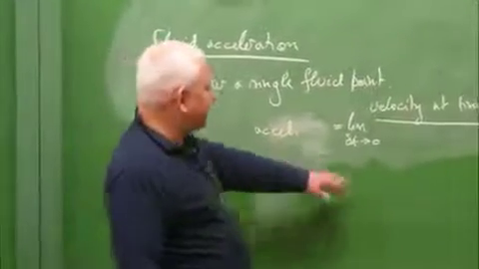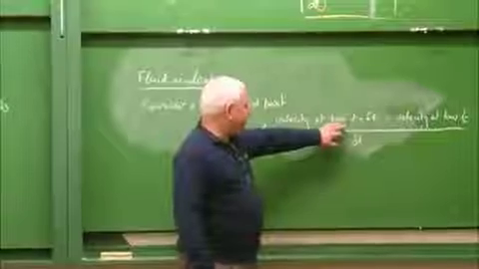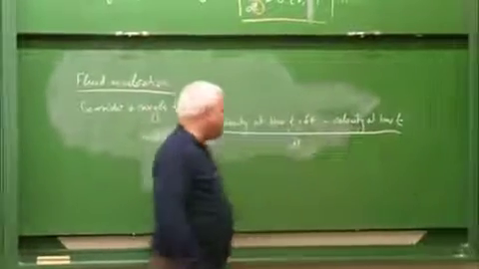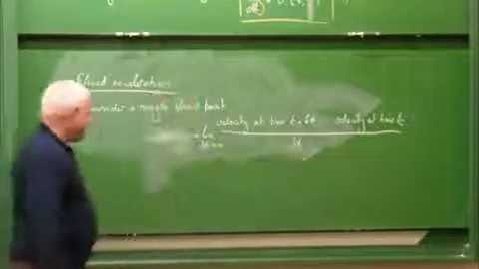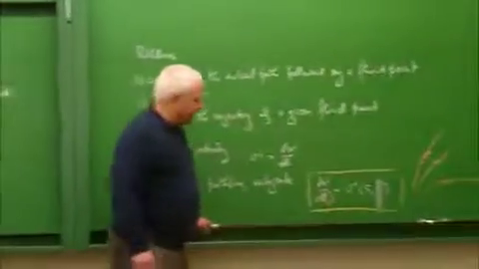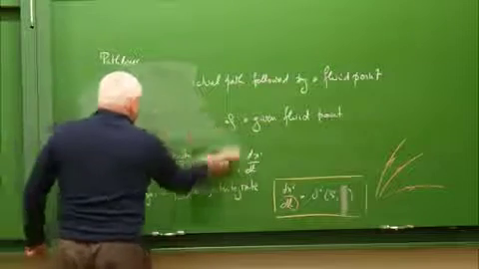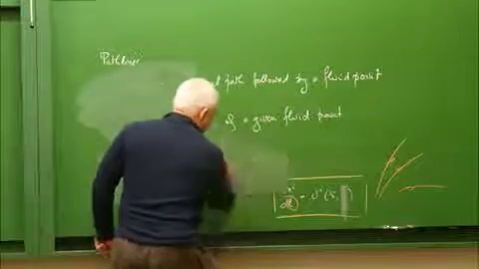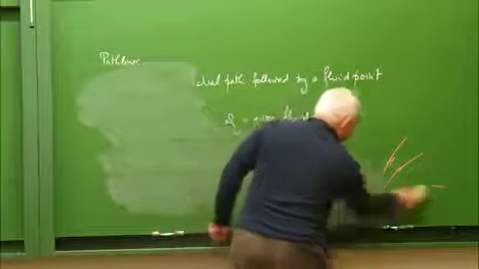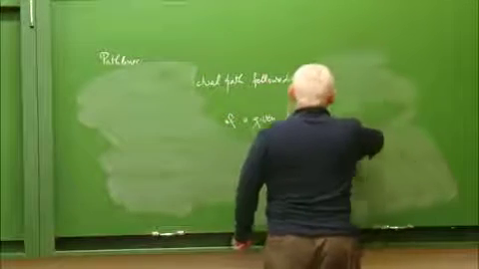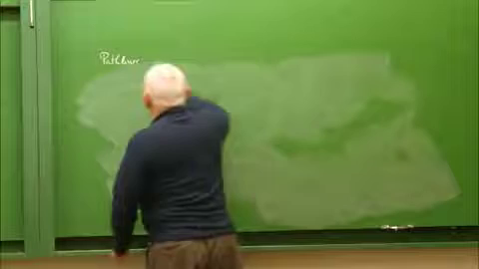So this is the acceleration. It is the velocity of a point at time t plus delta t minus the velocity at time t, divided by delta t in the limit as delta t goes to 0. This is the rate of change of velocity. The difficulty that we have is that we don't actually know the velocity of the particle as a function of time. What we have is the velocity of the fluid as a function of position and time. And so what we need to do is interpret this definition in terms of the description that we are giving of the